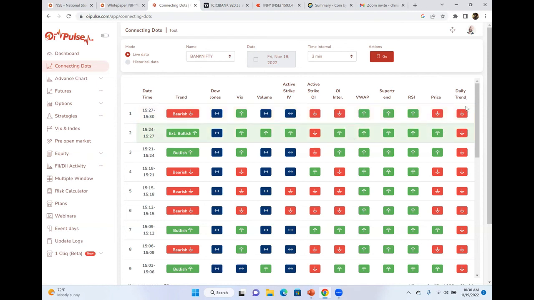All that information. And finally, they're saying, what is your trend, right? What is the current trend in the 3-minute? So between 327 to 330, as per this algo, the Bank Nifty trend was bearish. But 3 minutes before that, it was extremely bullish. So as you can see,